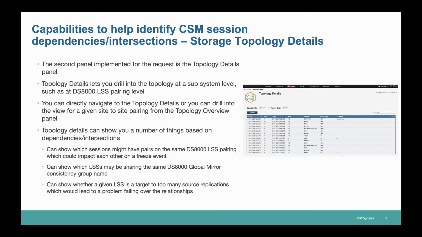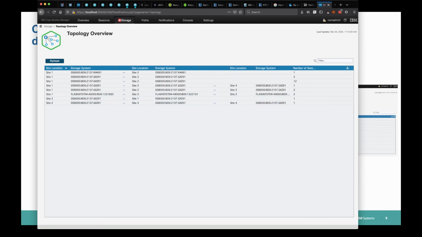So if you failed over to that target LSS, you'd have issues, and this could show you that, hey, I have things configured incorrectly. It's going to cause me problems down the line. So how can we get there? So there's two ways. Here in the drop down, you can go straight to the topology details, or from here,